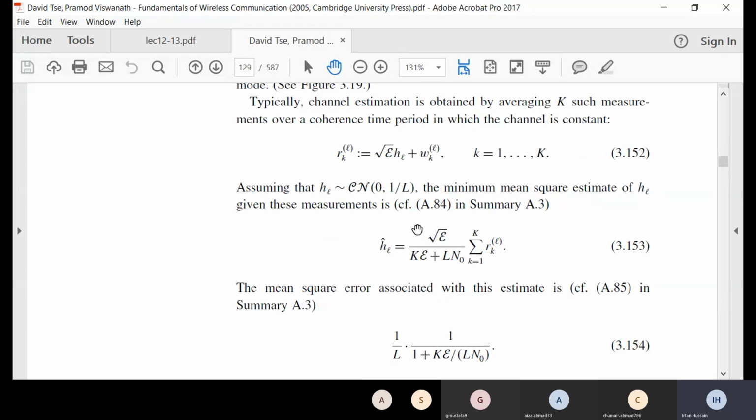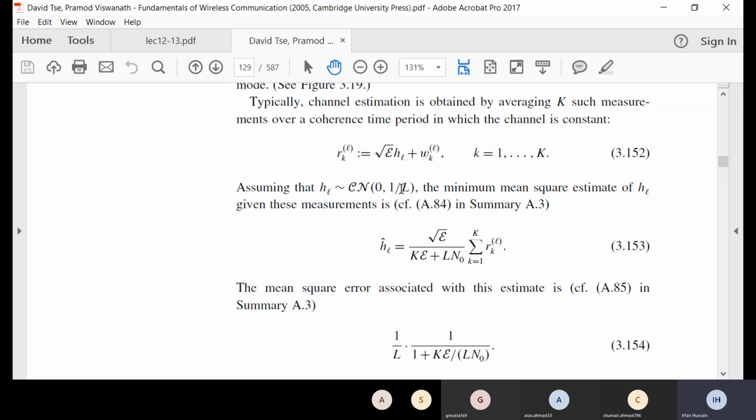So we were stuck. We wanted to prove this equation and it became really difficult to prove, but we could see that HFL actually has a variance of 1 over L. Now remember here that this is a zero mean complex Gaussian, and all that, you know, all the zero mean. So when zero mean, then the variance